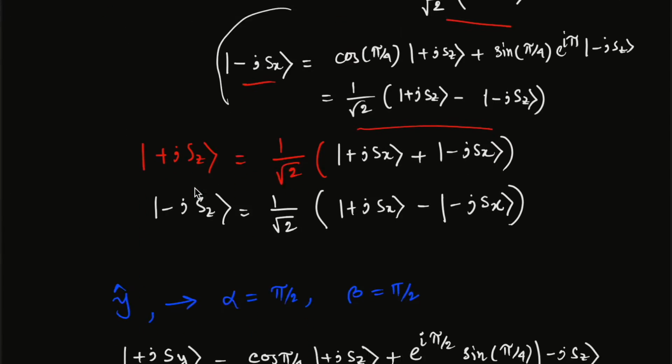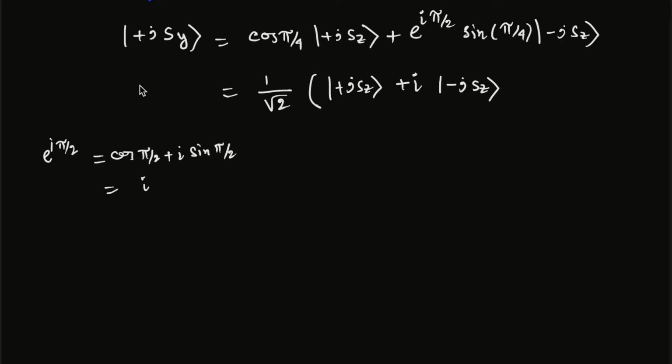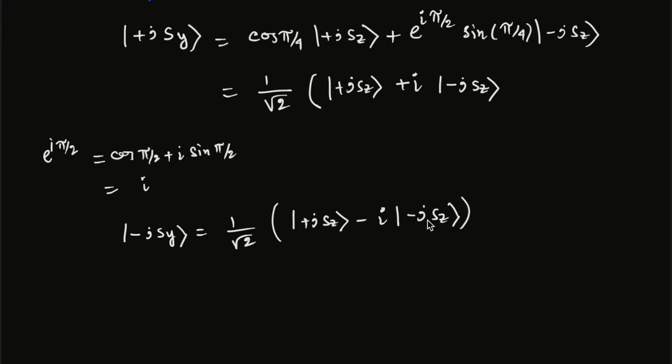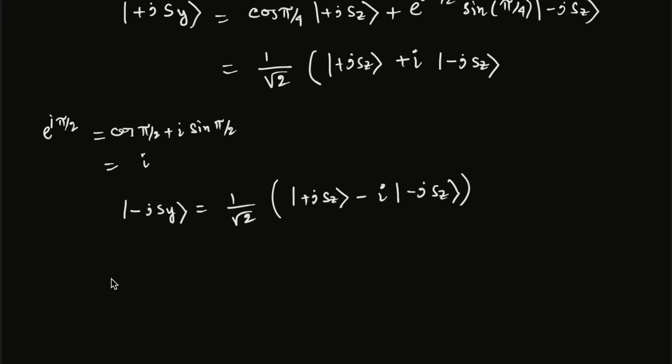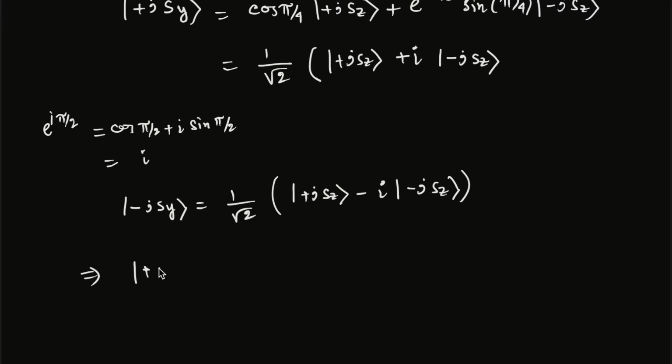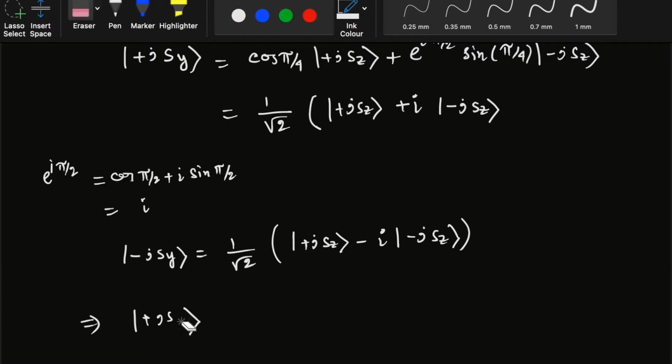Then from the similar expression we can write minus Sy is equal to 1 by root 2 plus Sz minus i minus Sz, and again this Sz can be written in terms of plus Sy and minus Sy. How? This will be plus Sz, sorry, here it is Sz